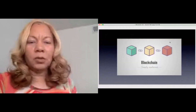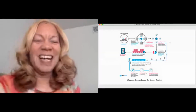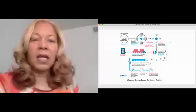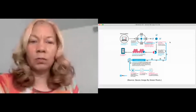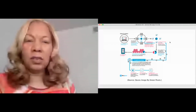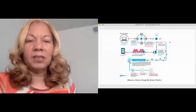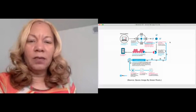So how does a blockchain work? Normally I'd have a video here, but I heard video doesn't work too well. So I'll explain it. When someone requests a transaction or someone wants to put a block onto the blockchain, it goes into the network, which is made up of nodes or various types of computers that are distributed or not in one place. It goes into the request, and then it gets validated. The validation is usually done based on the consensus algorithm, but it's done algorithmically via math. I'll put it that way. Once it's verified, then it can go